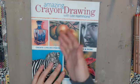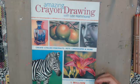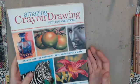And like I said, this is layering. These are layering techniques that you can transfer to color pencil work as well. But when you use